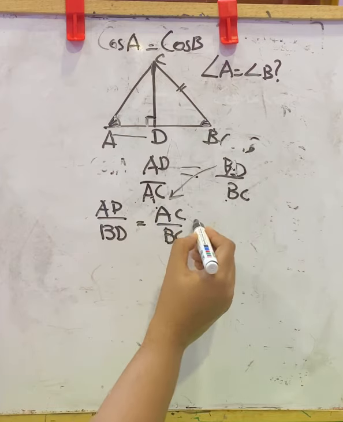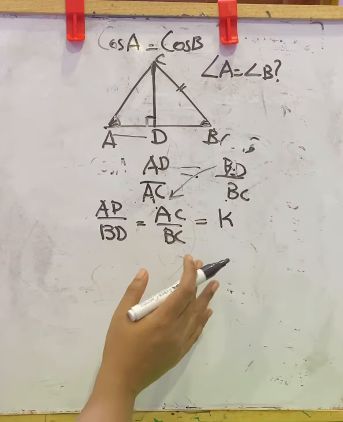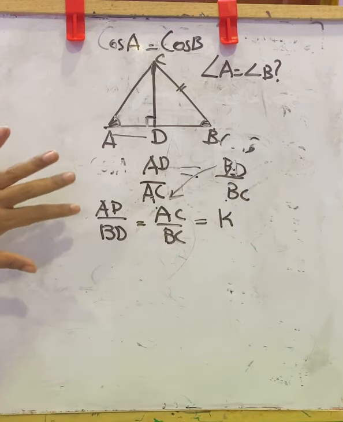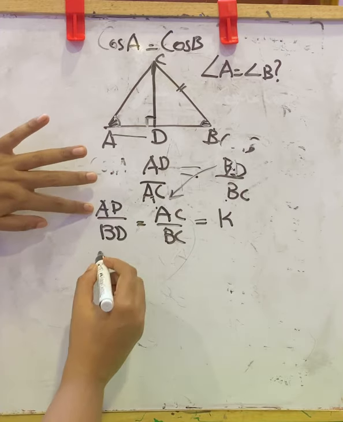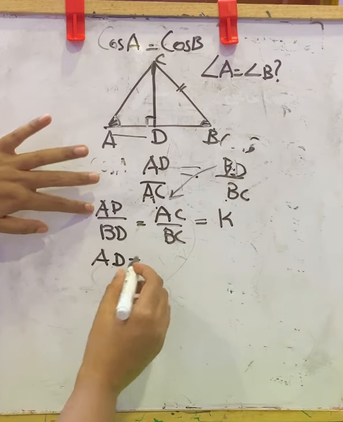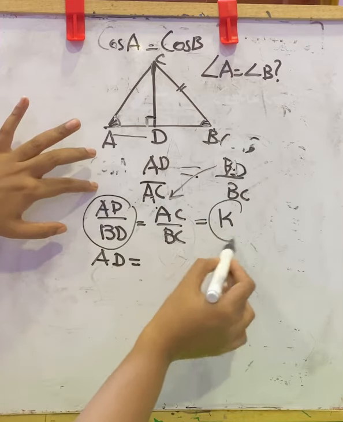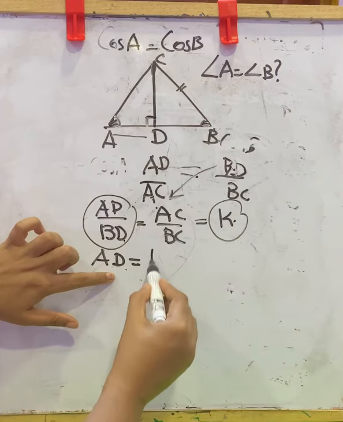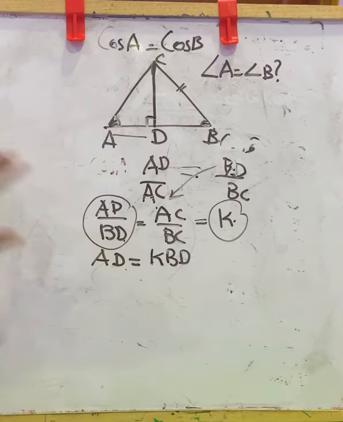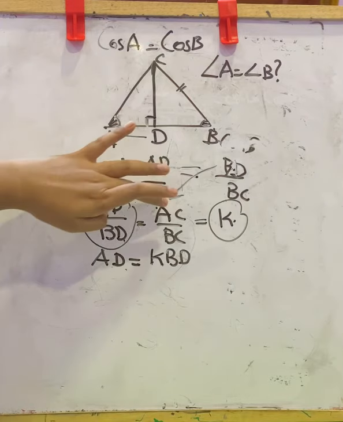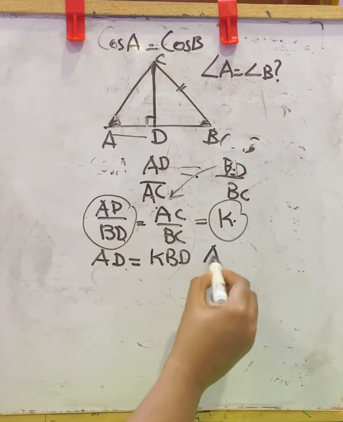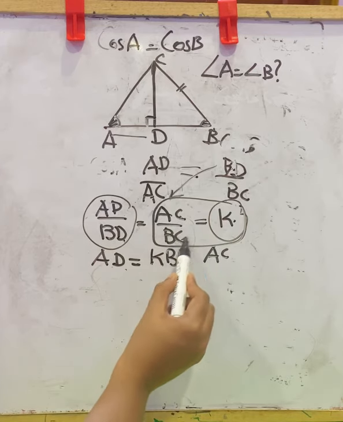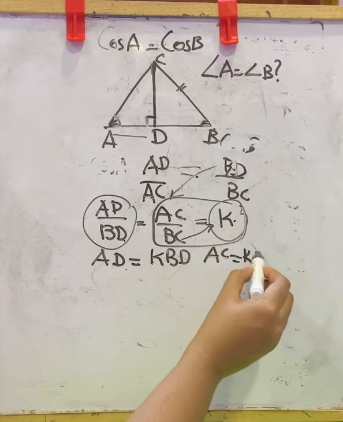And let these ratios be a constant. We don't know what the value is, so we are putting a variable here, K. From this we will rearrange the value for AD. That is AD is equal to, considering the first part and the last part, this BD taken to this side goes to the numerator, that is KBD. Like that, we will write the AC value also. Considering these parts, AC equals BC going to the side, KBC.